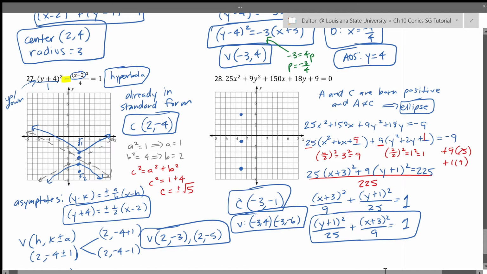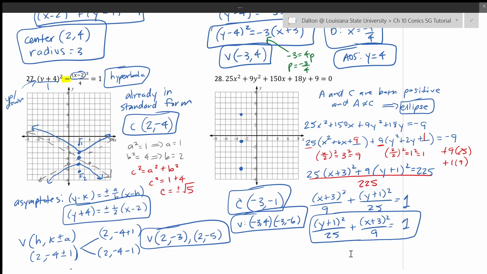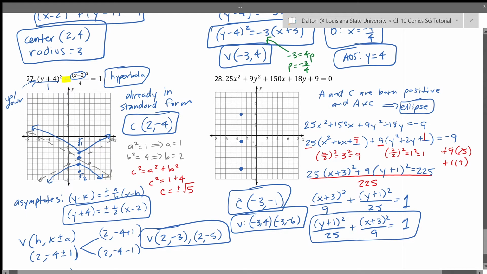And then to get the covertices, under the x squared term is 9, which means the radius in that direction is like 3. So I'm going to count 3 to the right from the center point and 3 to the left, which will give me the covertices. You can label it